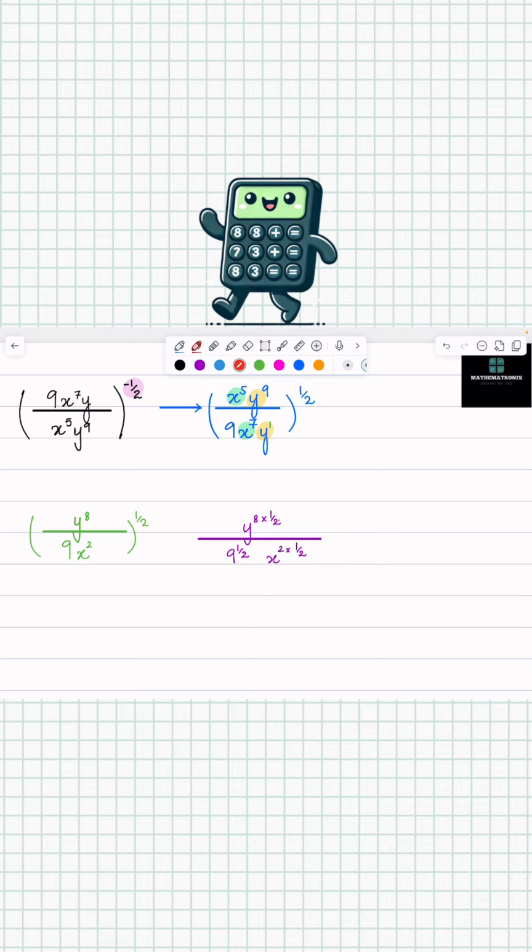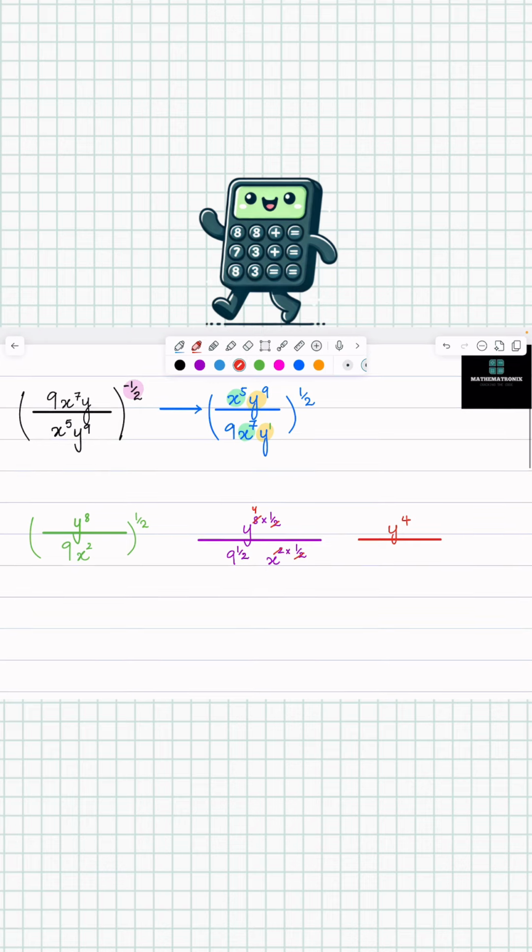First of all, let's do simplification. 2 times 1 is 2, 2 times 4 is 8. 2 and 2 cancel out. So this is going to become y to the power 4 over 9 to the power 1 over 2. That is the square root of 9. हम इसको root और power form में put in करेंगे. The denominator of the power becomes the root and the numerator of the power becomes the power of the number. ठीक है, और ये बच जाएगा x.